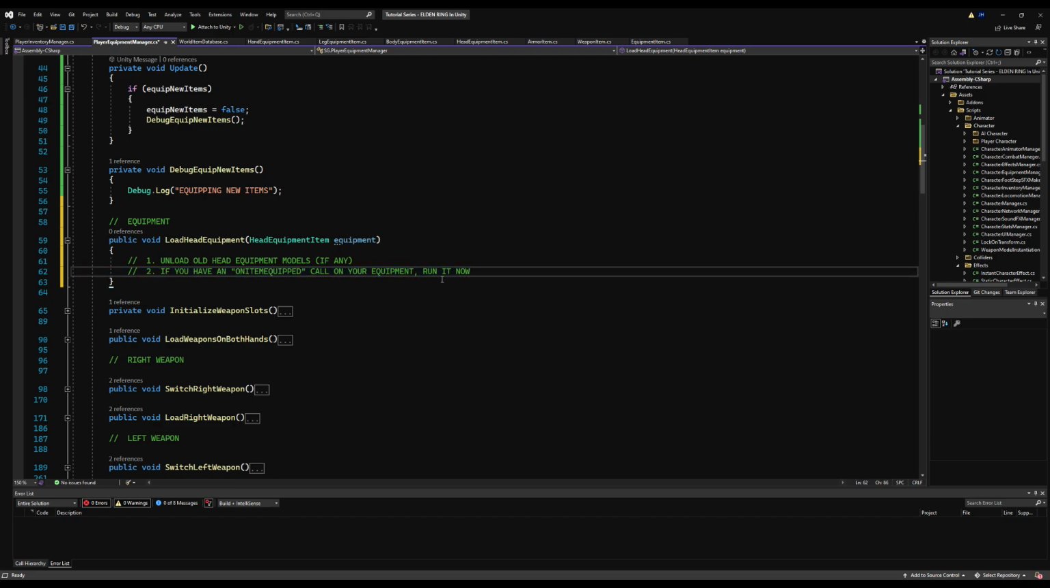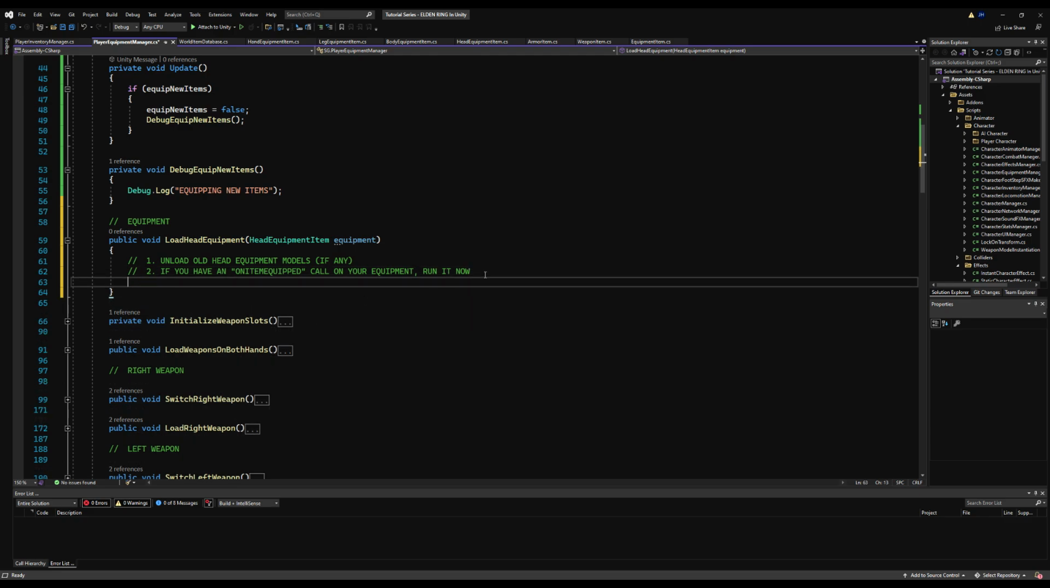Two, if you have an item equipped, call on item equipped on your equipment. Remember, I was just talking about if you want to add effects to your character when you equip and unequip a weapon, this is where you do it. You call the on item equipped right here. If the equipment is null, you want to simply set the equipment to null, wherever it is in the slot,